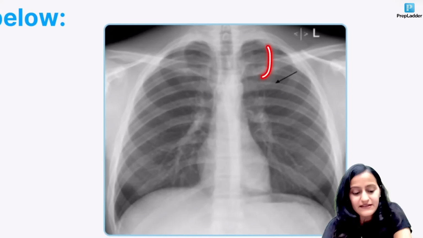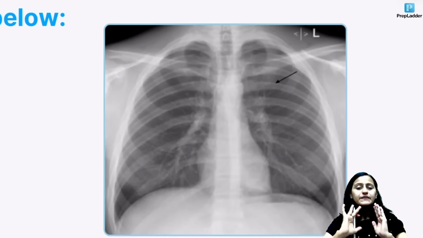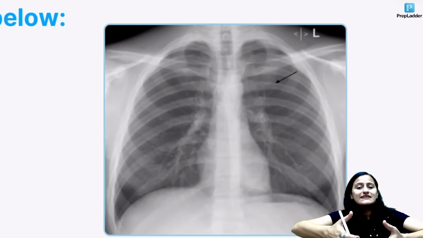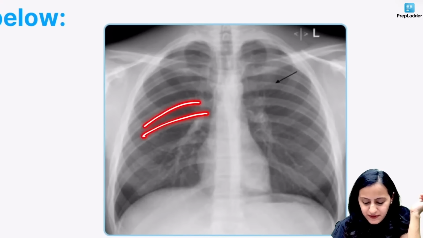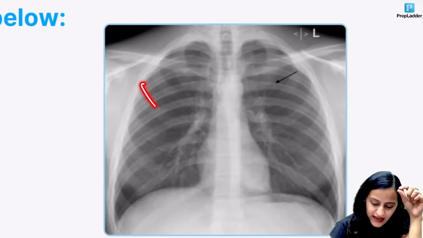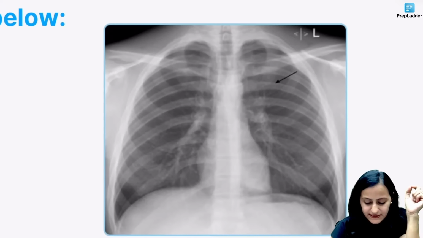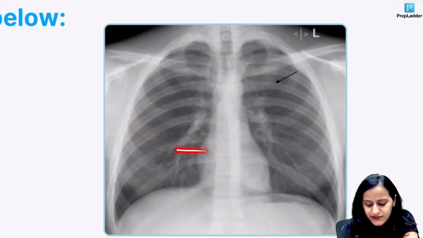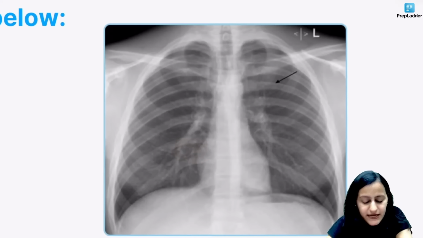This is the anterior. First, understand what the anterior and posterior ends of the rib are. When you look at the rib, posteriorly it is connected to the vertebra, coming horizontally, and then anteriorly it becomes oblique, right? So these parts of the ribs that you are seeing, which are horizontal, are the posterior parts, and these which are more oblique are the anterior parts, right? You can see that the anterior ends of the ribs are not well visualized and do not reach the midline because they have the costal cartilage here, right? We cannot see cartilage on x-ray.